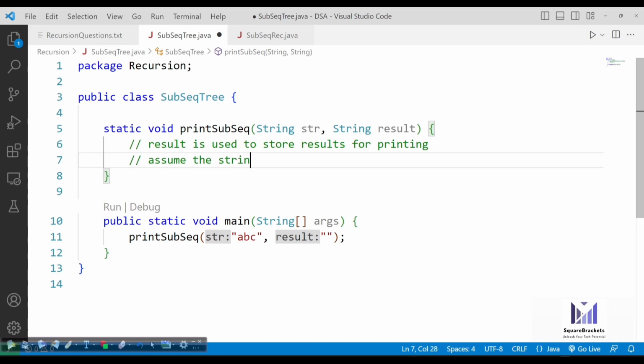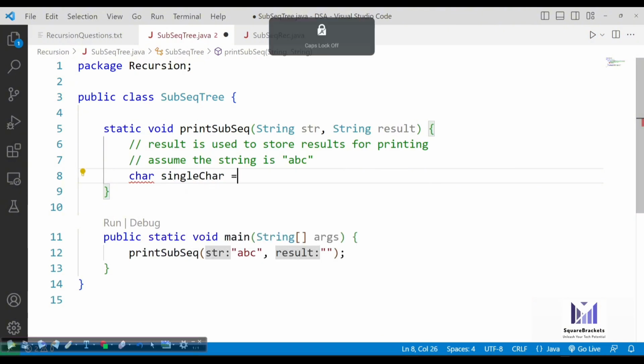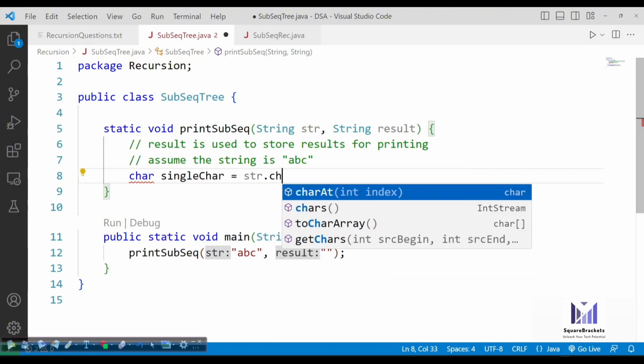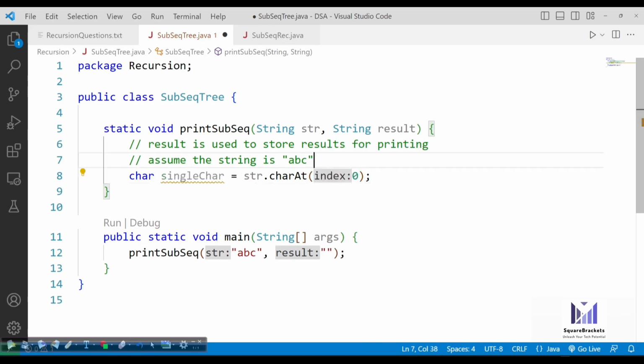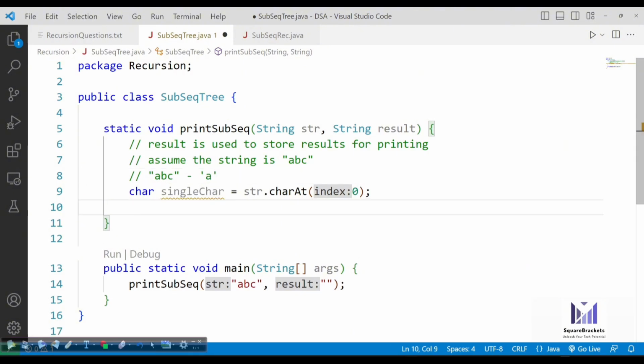Assume the string is ABC. The first thing we have to do is char single character equals str.charAt(0). That will simply return from ABC one character, that is A. Now we will get the remaining string.